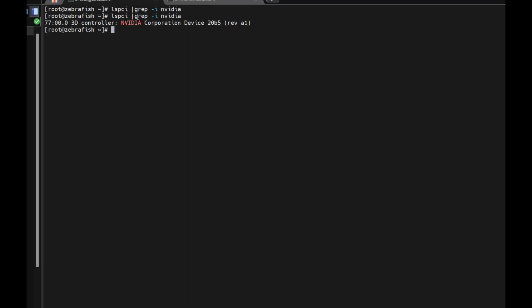So without having to go and rescan the bus, the KVM host sees that it's got this A100, this NVIDIA controller, and it's here at the ID 77:00.0. All right. Hardware's got it. Now let's get back to